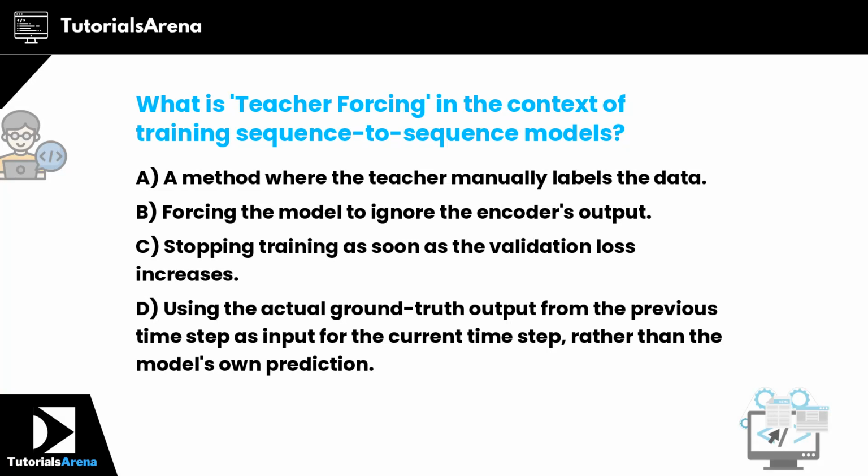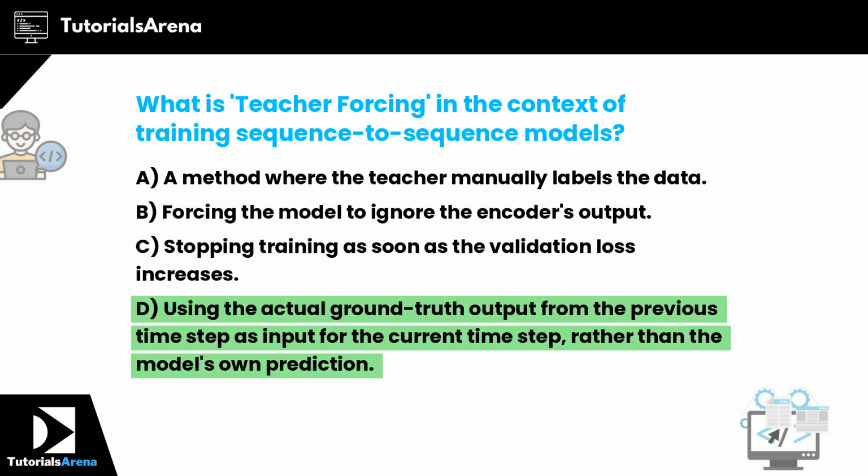What is teacher forcing in the context of training sequence-to-sequence models? The correct answer is option D. Using the actual ground truth output from the previous time step as input for the current time step, rather than